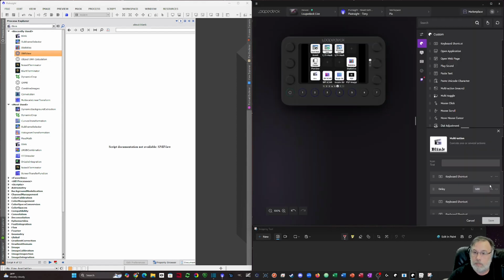I hit save this time, and I have to hit save again for the actual function. This time, notice how it's not text anymore. It's all graphic, so it can't mess with it. So even with Loupedeck, I have run into some bugs early on. I ran into bugs where a long time ago when I first got it, certain